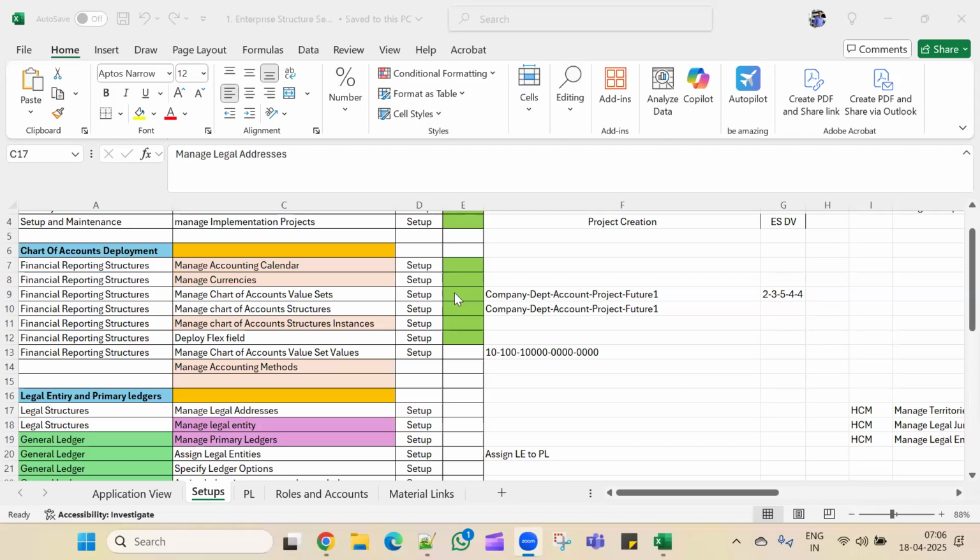Okay. So yesterday we were at configuration level, like we completed deployment process. Once the deployment process is completed, then we can start to add ValueSet values under the ValueSet we created. So here you can see